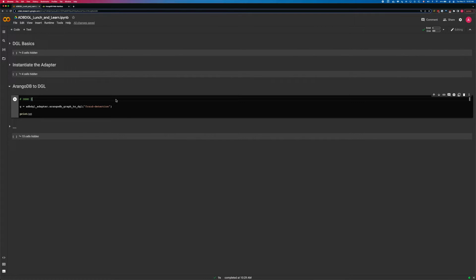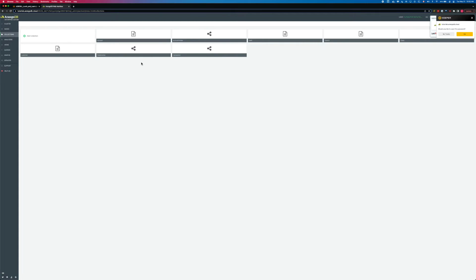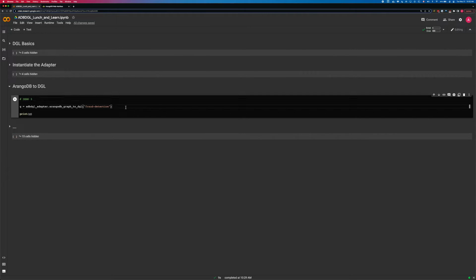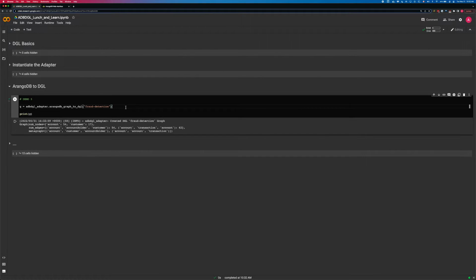In this first example, we take a look at OrongoDB to DGL by graph name. It's as simple as specifying the existing graph name in OrongoDB that you'd like to convert to DGL. In the example that I've shown above, we've imported some dataset regarding fraud detection relationships to our OrongoDB endpoint for example purposes. The data here is arbitrary, so let's just assume that it's some random data specifying relationships between customers, accounts, and banks. For now, let's go back to the API and run the snippet. As we can see, we've created our DGL graph using the fraud detection graph from OrongoDB.